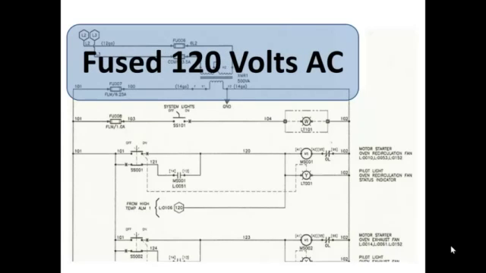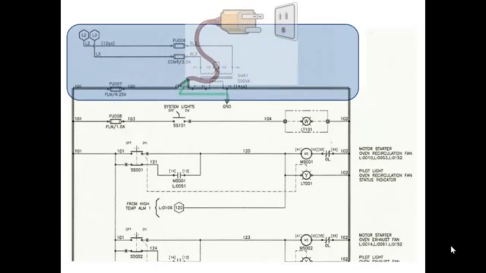It's a fused 120 volt AC source. We're going to simplify it into a line cord that goes over and plugs into the wall, because it would do the exact same job. And after all, there are fuses in the fuse box in your home that would replace the fuses shown in the diagram. So we've simplified this to show an electrical circuit,